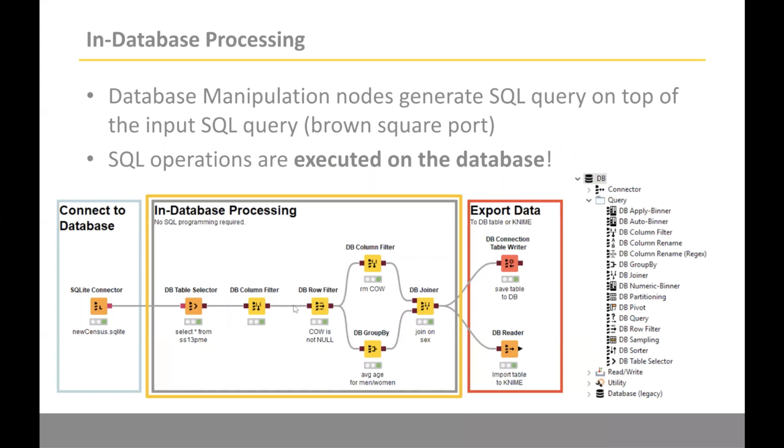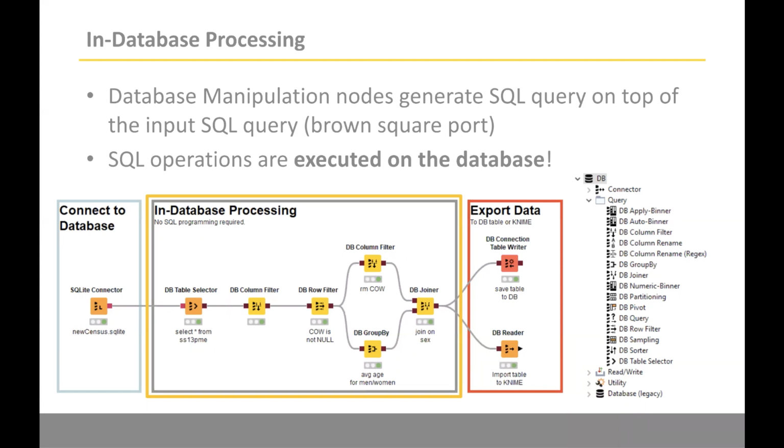Whereas the other nodes that you attach to the connector are database agnostic. They are designed so that it doesn't really make a difference whether you run them on Hive, on SQLite, or on Oracle. You would use the same workflow or the same nodes with the same parameters. There's a whole set of data manipulation nodes in the database extension, so you find the usual things like row filtering, grouping, joining, column filtering, and so on.